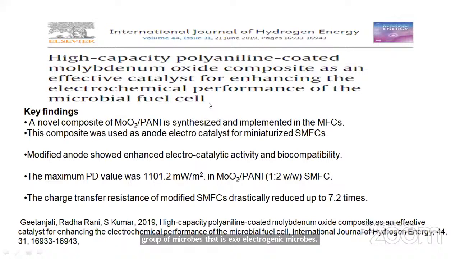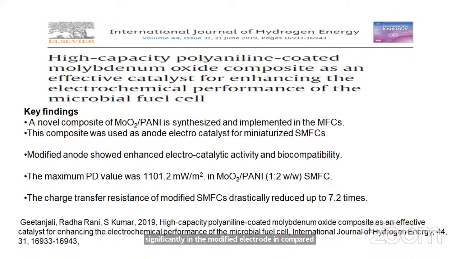In yet another study performed by our group, which was published in International Journal of Hydrogen Energy, another type of modification was studied. It was a conjugation of molybdenum oxide with polyaniline. So here we have tried the conductive polymer as well. And here also we have seen a good electrocatalytic potential as well as good biocompatibility potential of this nanocomposite, and it was found to increase the power density significantly in the modified electrode